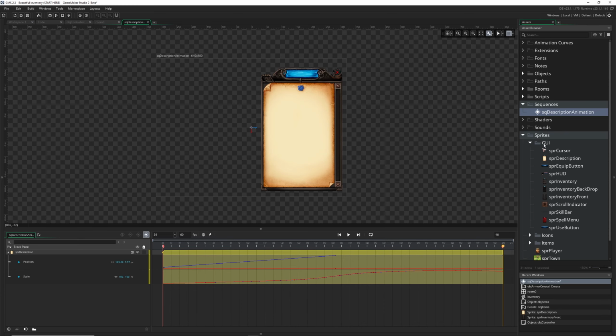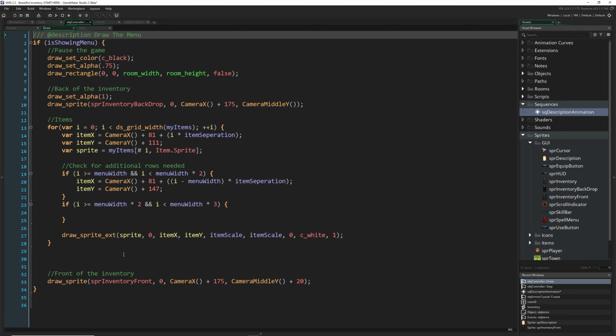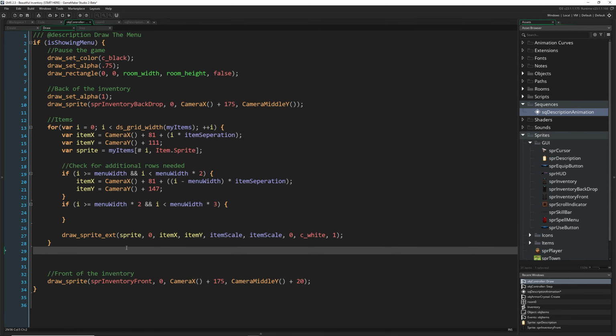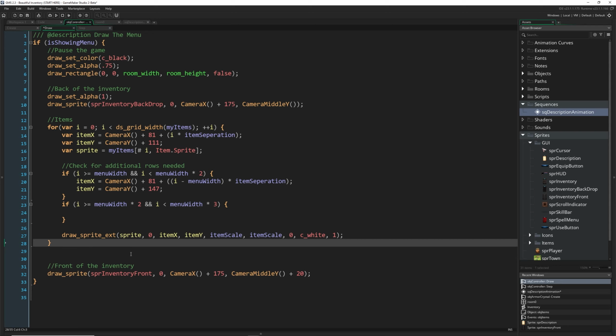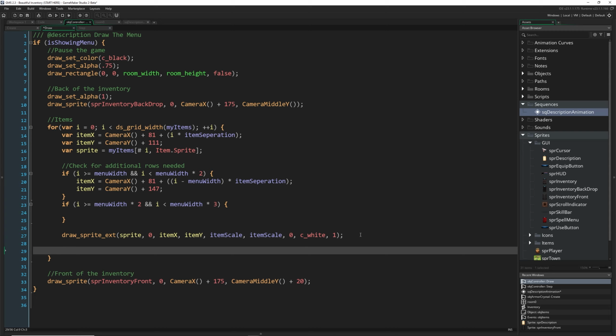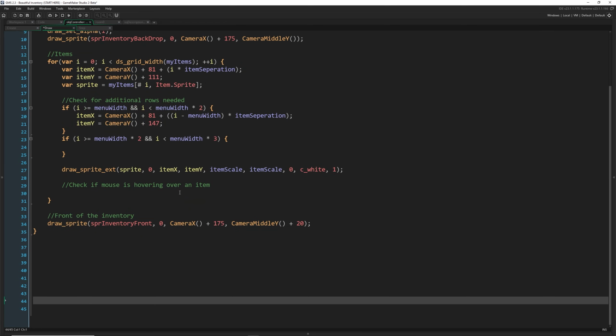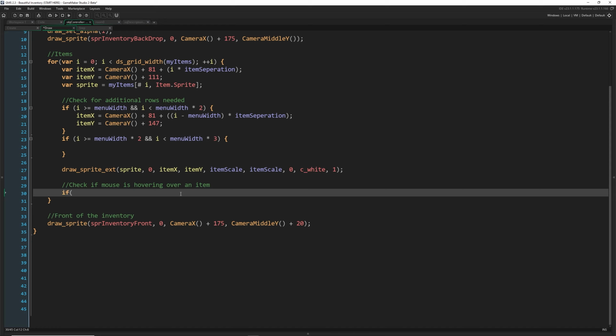Now we need to actually put this into our game. So let's open up our OBJ controller and check out our draw event. When we actually click on something, we want this sequence to appear. So we have to first figure out how we can click on something. And the way we're going to do that is by using the function pointInRectangle. So check if mouse is hovering over an item. I'm going to add some enters here. All right, if